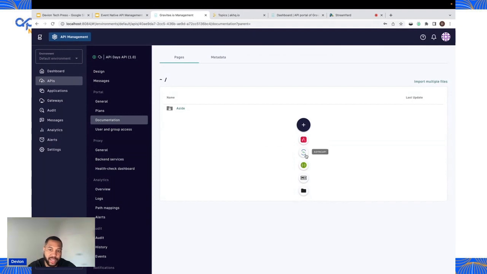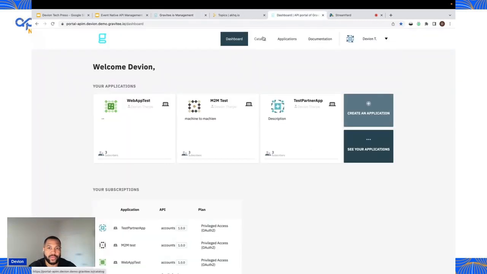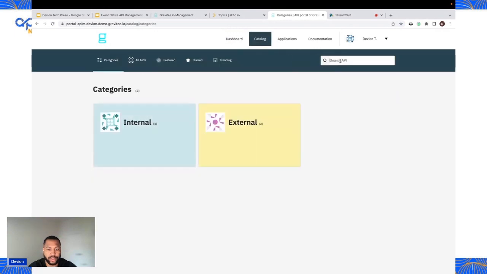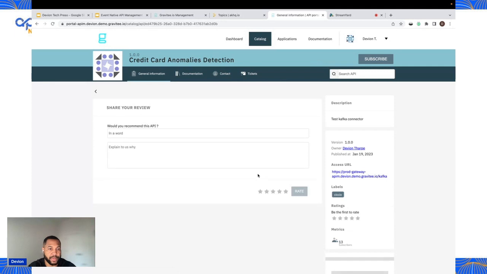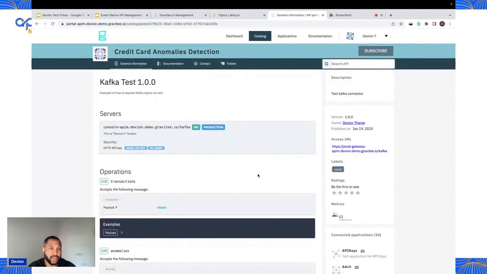ASCII doc, Async API, Swagger, as well as Markdown if we wanted to use a code editor and publish our own custom documentation. And just for the sake of showing in the demonstration, we're going to look for the credit card anomalies detection API. The reason being is because this is actually going to begin to show an async spec living within the developer portal itself. And as you can see, this is a simple example of how we would expose a Kafka topic